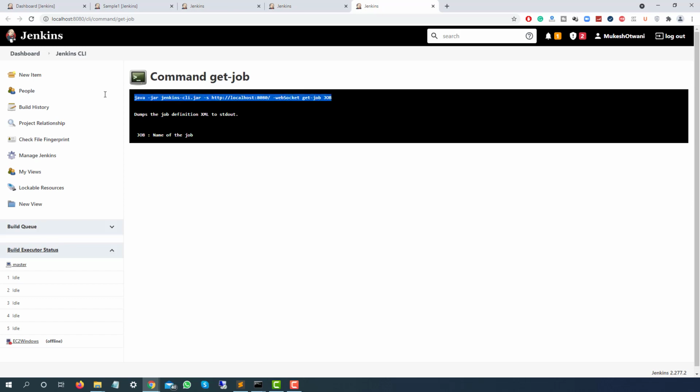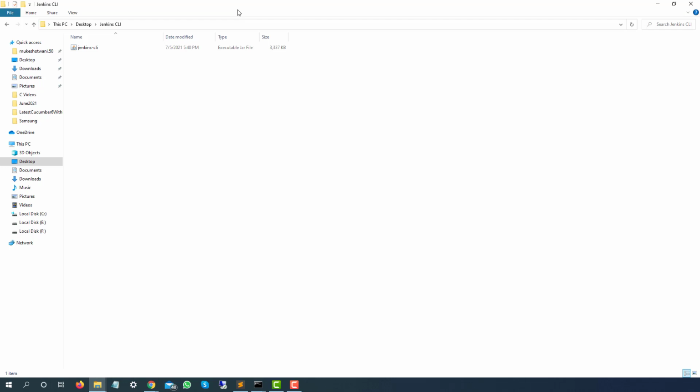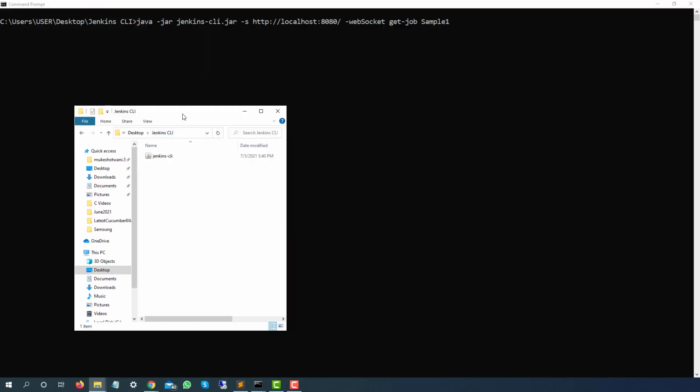I'm just using the same command because we already have this jar file and everything is up and running. Instead of job, I will just give the job name, which is sample1. And just notice, guys, this is the directory we are working in; currently we are on the same directory.